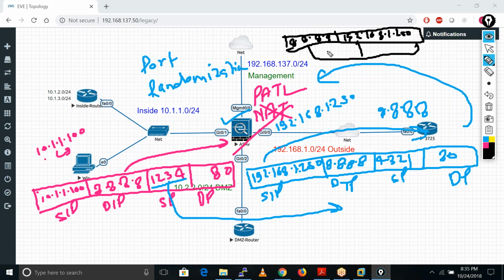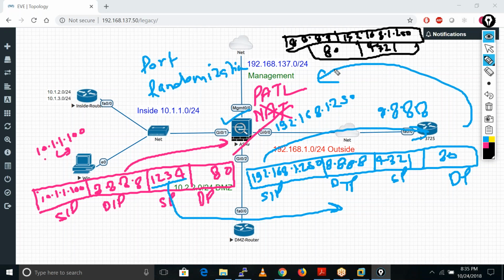Source port is 80 and destination port is 4321. When ASA receives this packet, it checks the xlate table, because when the ASA firewall does NAT, it creates an xlate table where it puts a record for every translation, for every traffic it does PAT on.